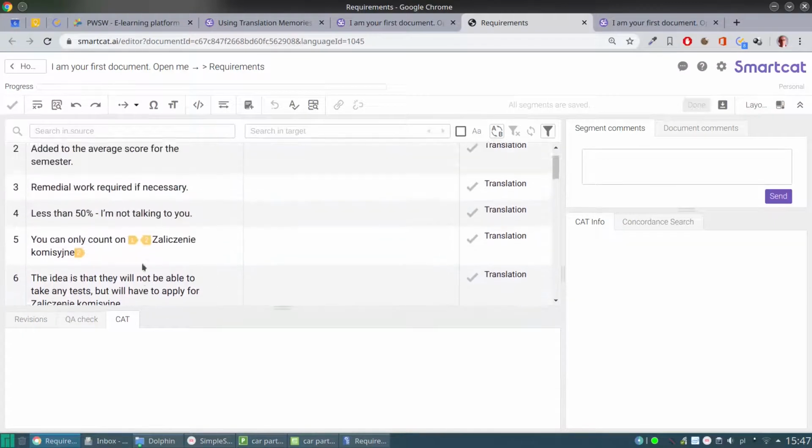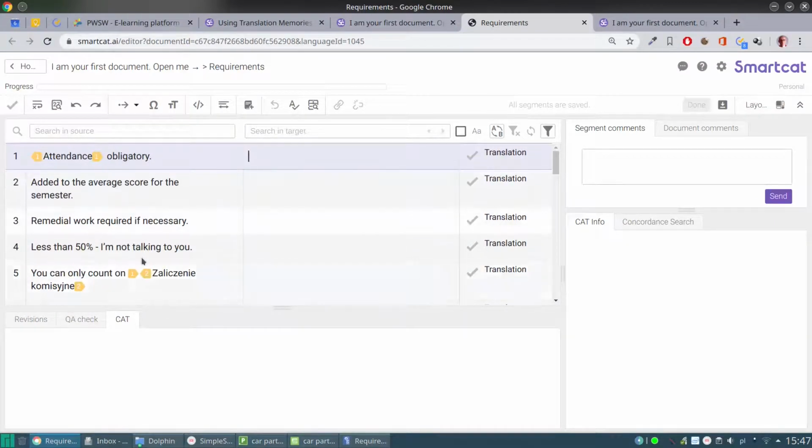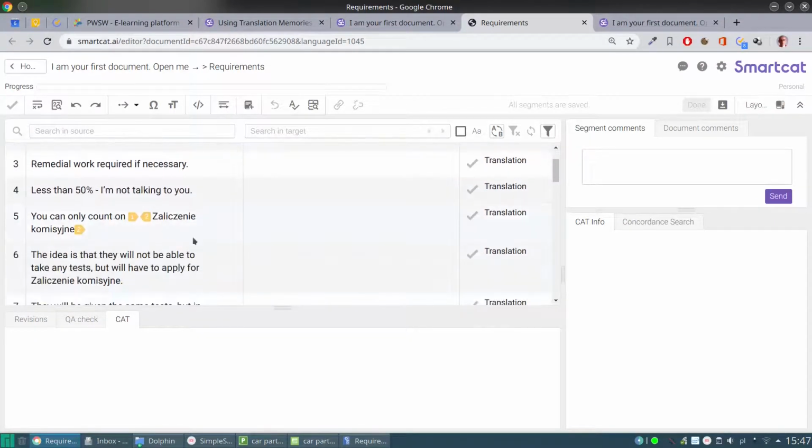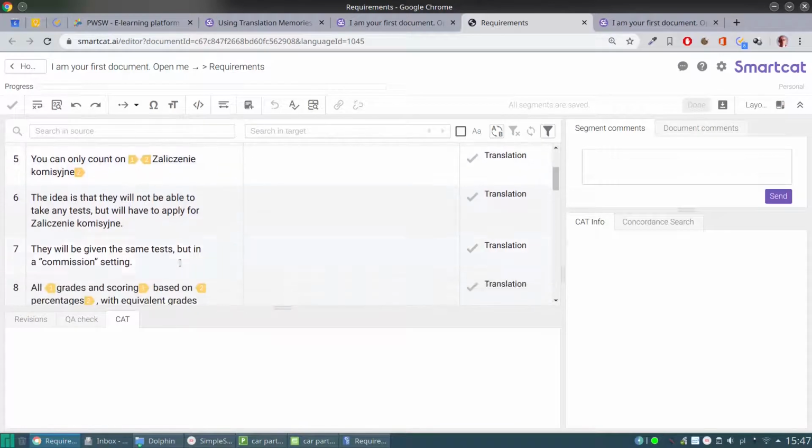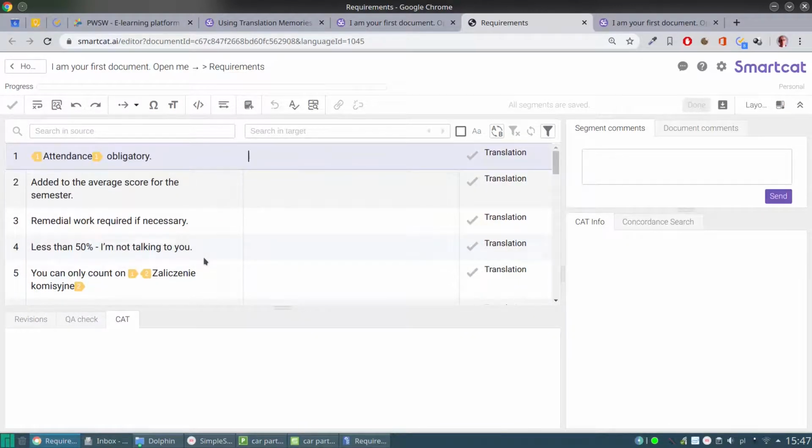So in each segment they are numbered, right? So if there is more formatting, more added formatting in a given segment, it will number these formatted parts. So if I say, for example,